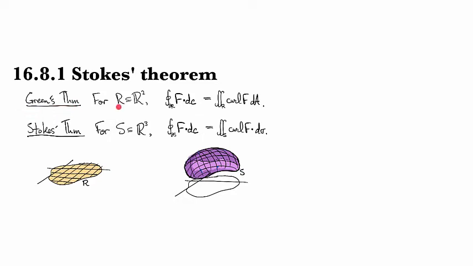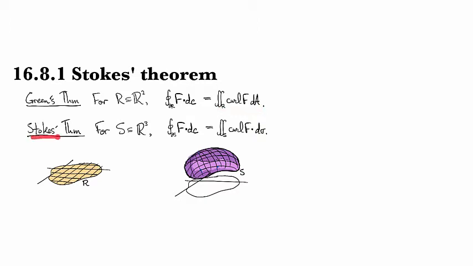Green's theorem says that for a region in the plane, and so this region should be an open, connected, simply connected region, then the line integral of f dot dc around the boundary, and this is the circulation integral, right? This is computing the component of the vector field that is tangent to the curve. This is going to be equal to the double integral of the curl over the interior of the region,